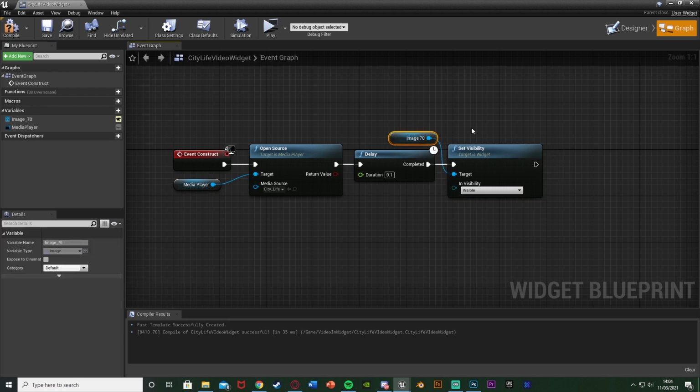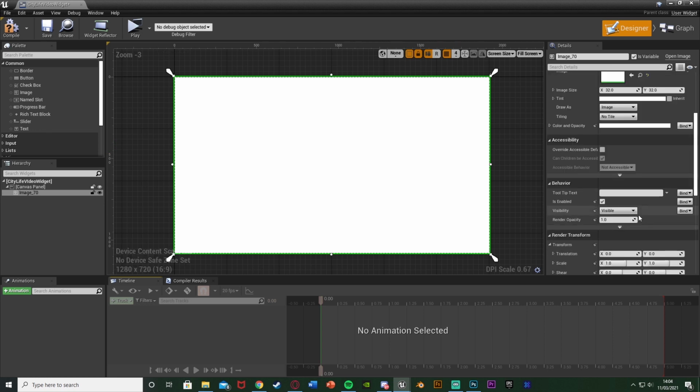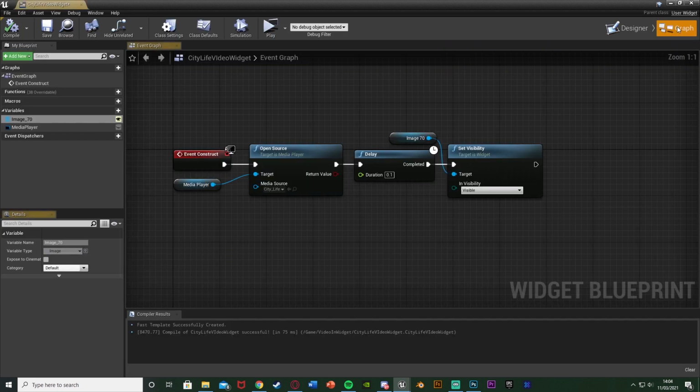I'm going to keep the invisibility as visible. And so what we also want to do is go back to the designer. With the image still selected, we're going to change the visibility to be hidden by default. And now the reason I'm doing this is because when I was making it earlier, there was a slight glitch where it would flicker for the first frame. So what I'm doing is just making it not visible for the first frame, and then it's going to be